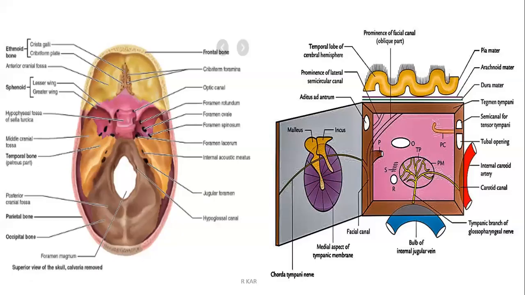So what you must know here: first the pontomedullary junction, cerebellopontine angle, internal acoustic meatus. At the bottom of the internal acoustic meatus, both the roots are going to fuse to form the facial trunk, which enters the facial canal. Then it is related to the medial wall of the middle ear at the promontory and the vestibule, then to the posterior wall of the middle ear cavity, then the stylomastoid foramen, then the extracranial course. That is, it enters the posteromedial aspect of the parotid gland and terminates into its terminal branches.